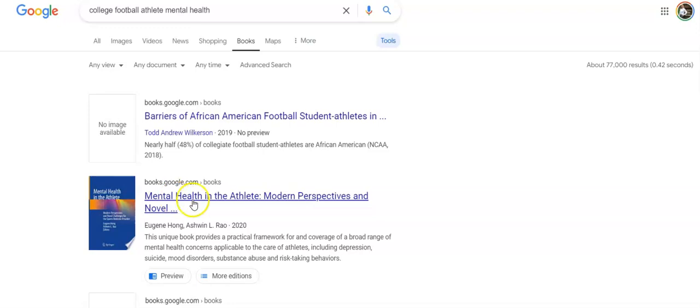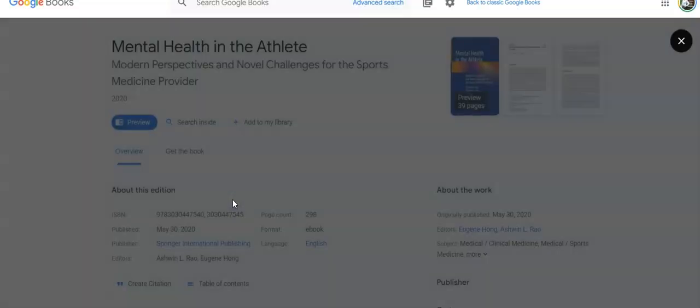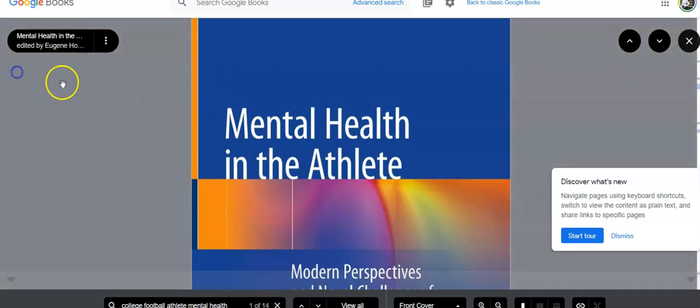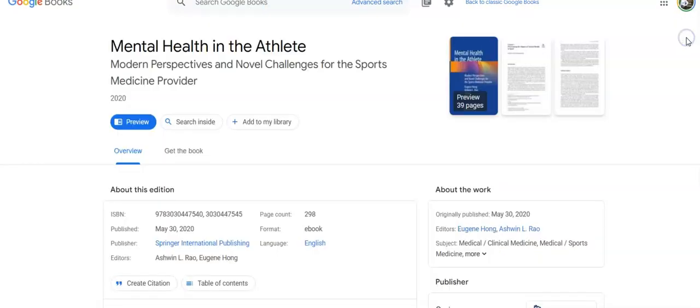Okay, so here we have modern health in the athlete, modern perspectives, and novel something or other. So let's click on it. And it will take you to this interesting image. But what we need to make sure that we do not do, what some people do, is stop there. You can look at it, get the book, probably won't have the full edition, but at any rate,